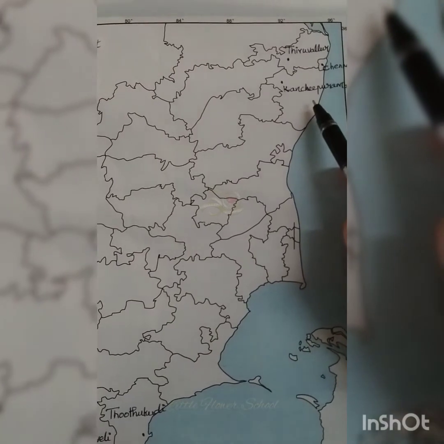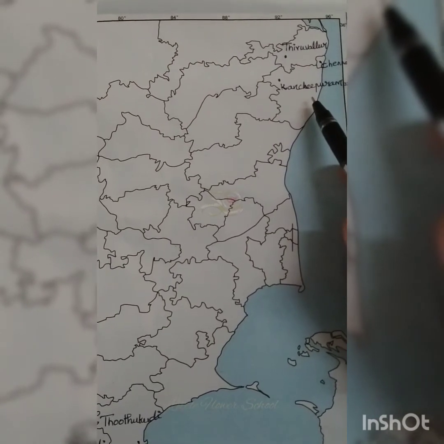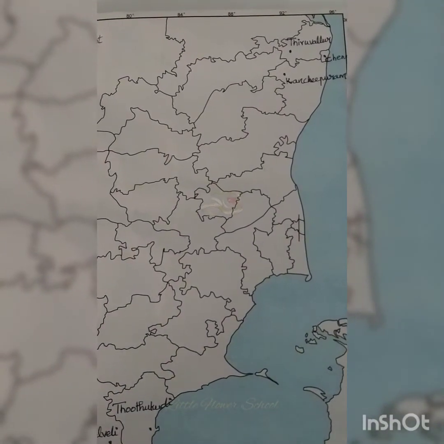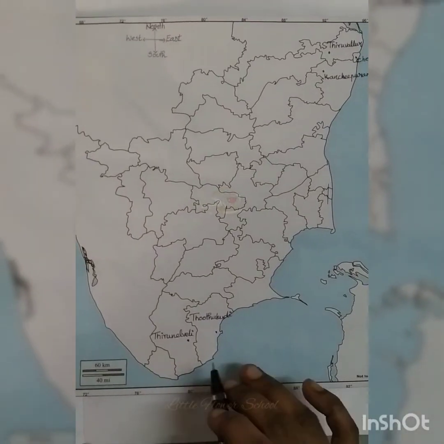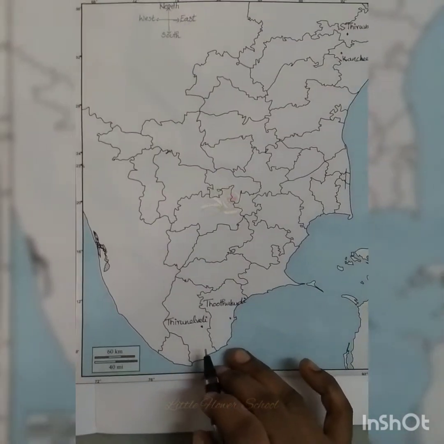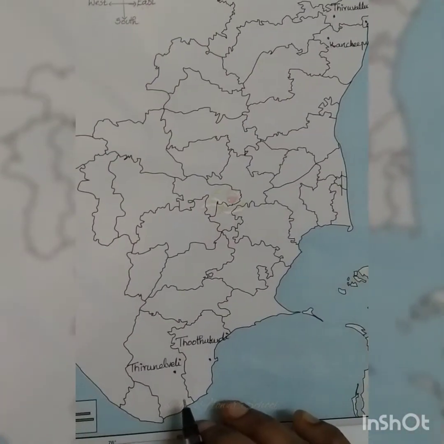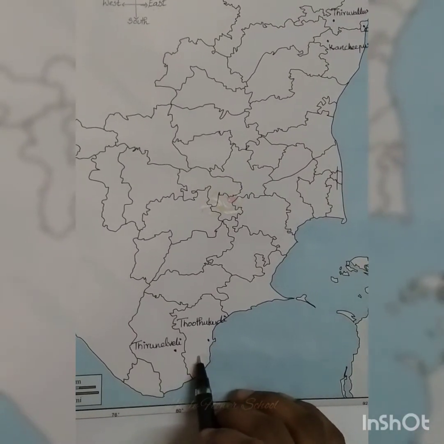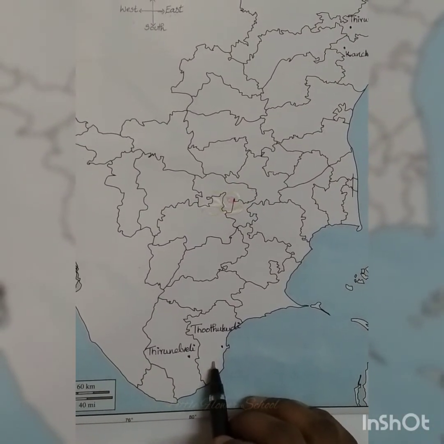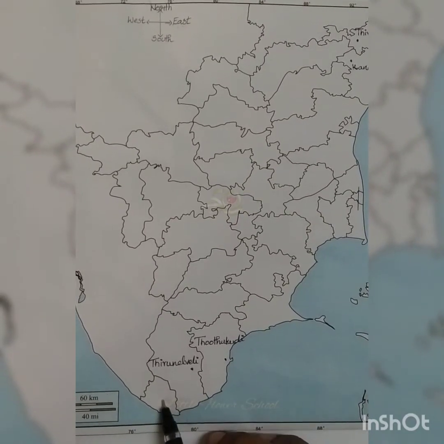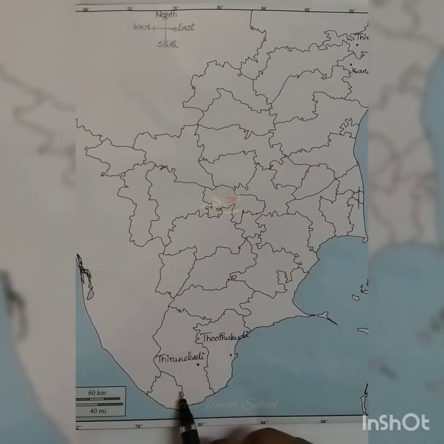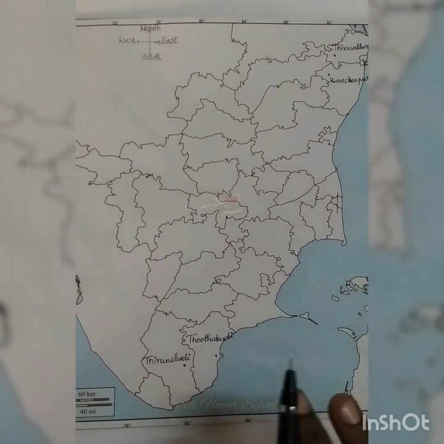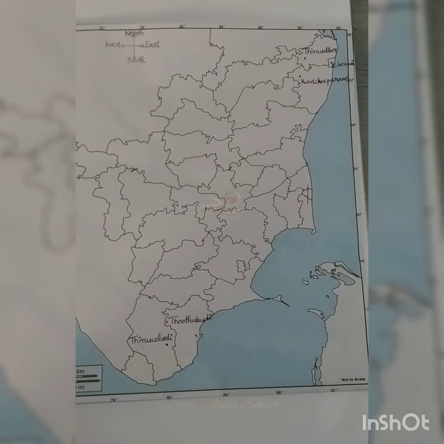And now we are moving on to mark the Tirunelveli and Thoothukudi districts. It is on the bottom of the Tamil Nadu district map. Students, see, as I already said, it is in the bottom. So see here, Tirunelveli. Next to Tirunelveli is Thoothukudi. Got it, children? This is Kanyakumari. We will mark it in the next class. So this is Tirunelveli, Thoothukudi. So these are the 5 districts I am giving today.